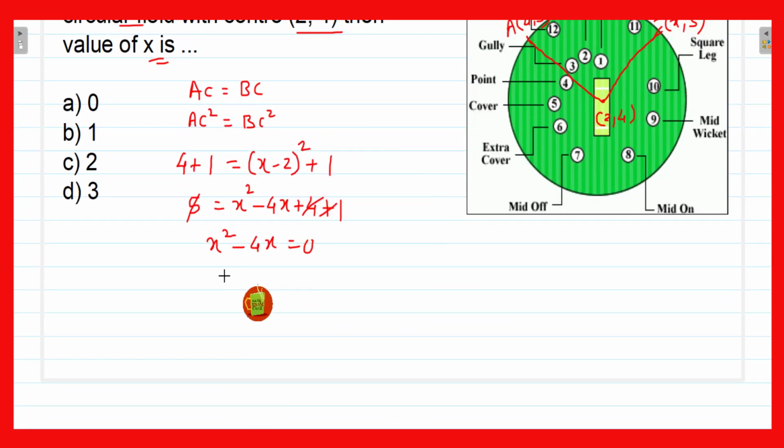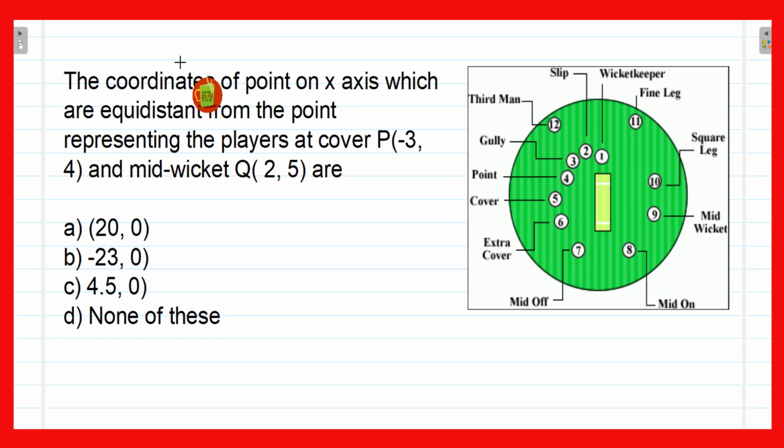And so x will be the common factor. Inside the bracket, x minus 4, that is equal to 0. And so x is equal to 0, and x minus 4 is equal to 0, so x is equal to 4. So you are getting the values of x as 0 and 4. And so friends, here the A option will be the correct option. The value of x is 0. 4 is not there, and therefore we will take only this one value, so A option will be the correct option. And now friends, here is another question, and that is for yourself.